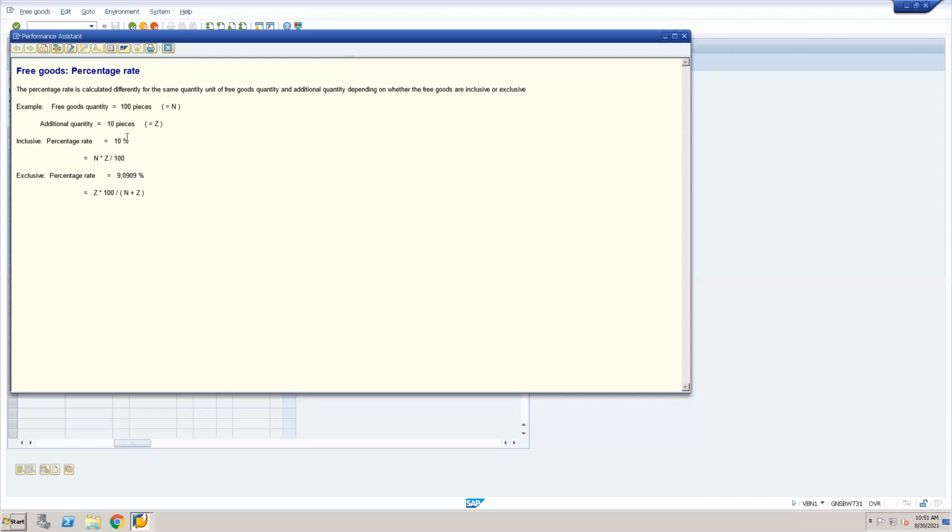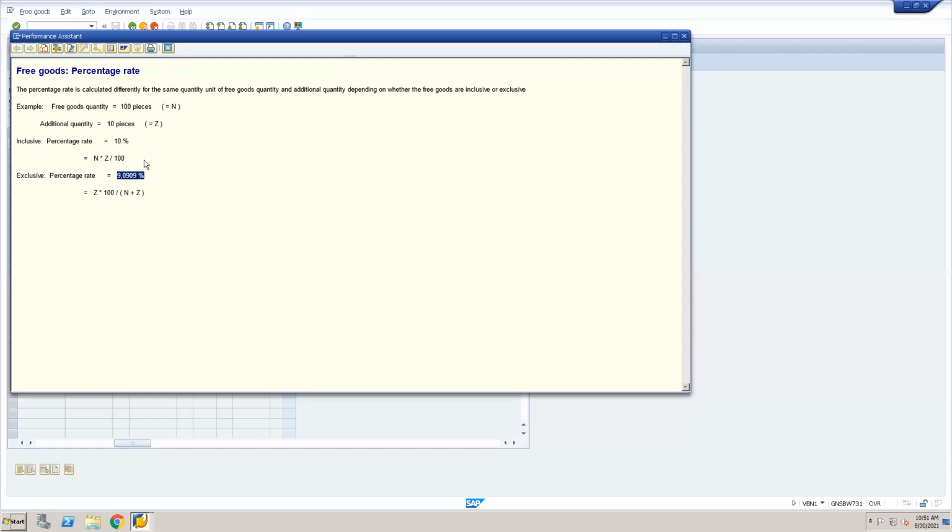See, normally it should be same, but here for the exclusive, the percentage happens to be slightly different. Why? Because what they did is additional and exclusive అంటే 10 plus 1 item తీసుకున్నాడు, for example, here 10 into 100, that will be 1000, divided by n plus z, that is 110.